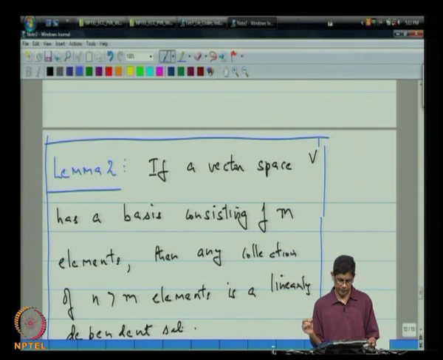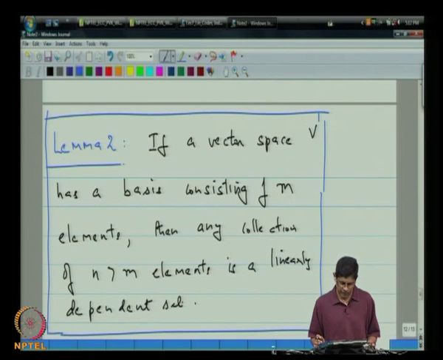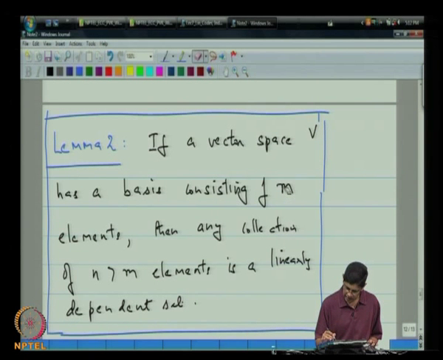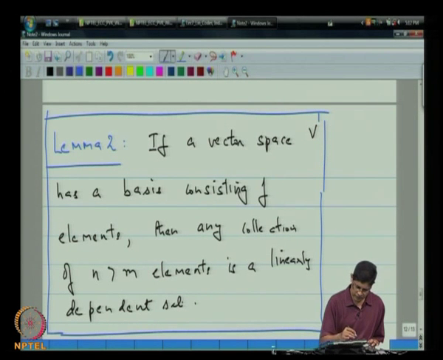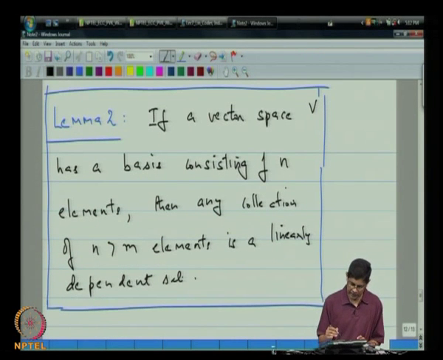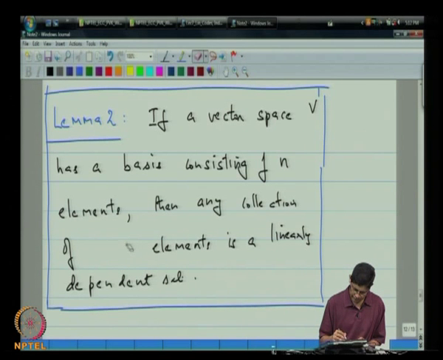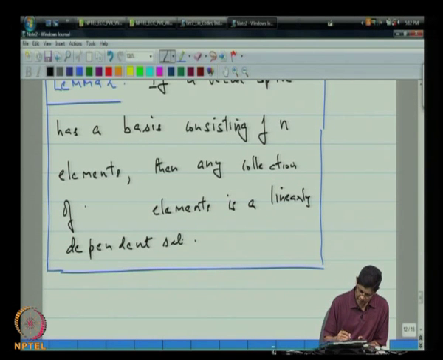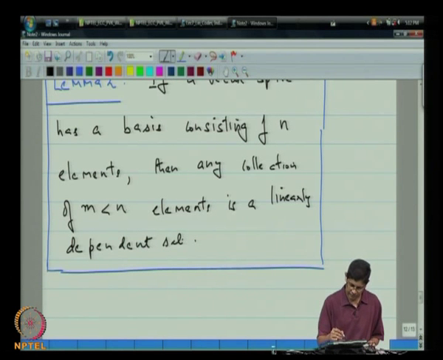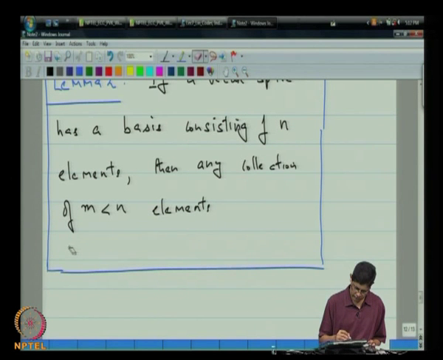Lemma 2: if a vector space V has a basis consisting of n elements, then any collection of m less than n elements cannot